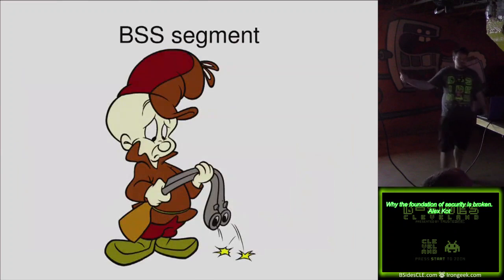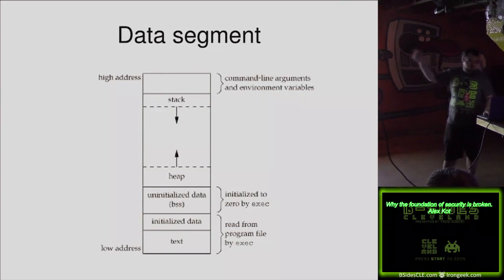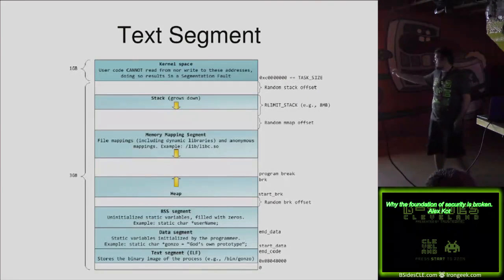Your BSS segment, so I'll show this picture up here. Your BSS segment is uninitialized data. So when the program executes, all that data is statically read-only. That's actually Elmer Fudge, since it's uninitialized zero data blanks, it's Elmer Fudge shooting blanks. And then you got your text segment,